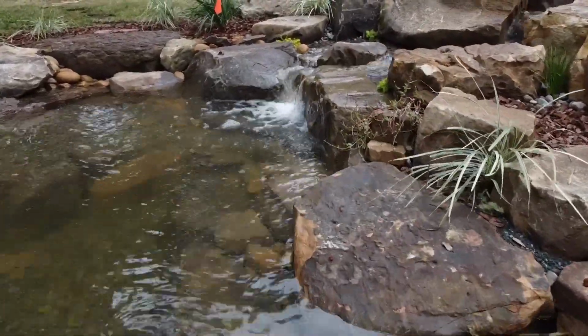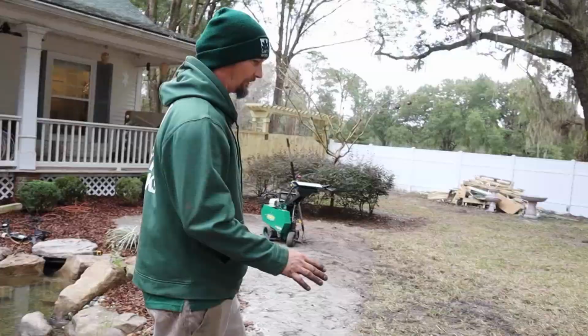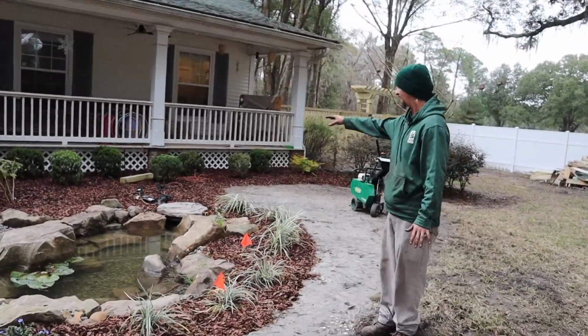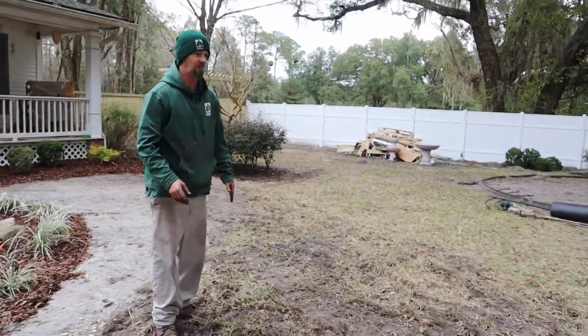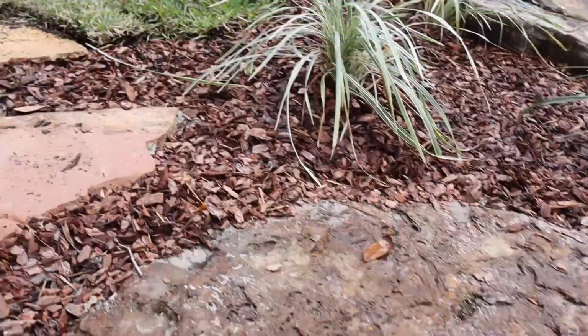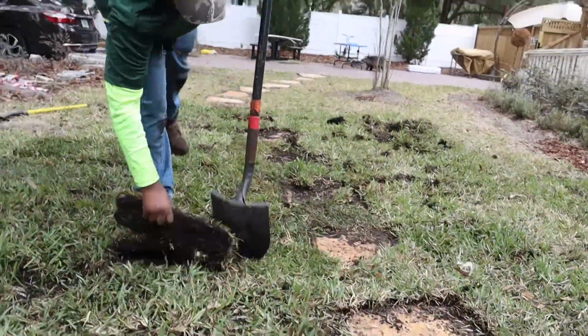That's a wrap. We're pretty much out of here. We had a little bit of grass that was affected when we brought our machine over here. We have our excavator that we use to set all these larger stones. We kind of tore up a little more grass than we wanted to, but that's okay. We have the saw cutter, we got it all cut. We'll get this all picked up, graded, and we have some beautiful green grass over there that we'll put in